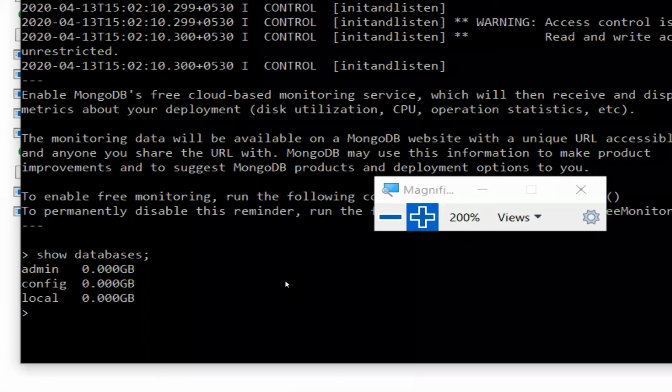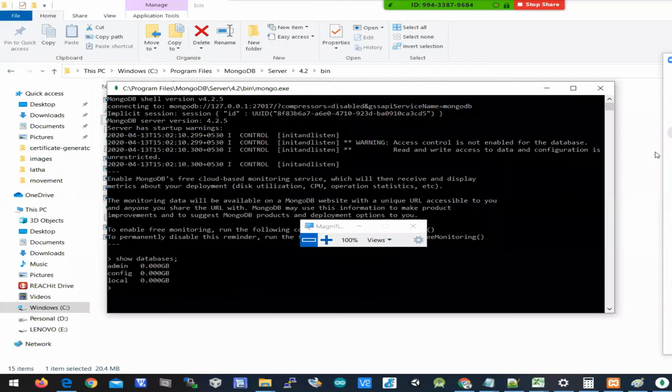It is showing three different databases called admin, config, and local. These are not databases we created. We have not created any database yet, right? These are the predefined databases available in the database server.